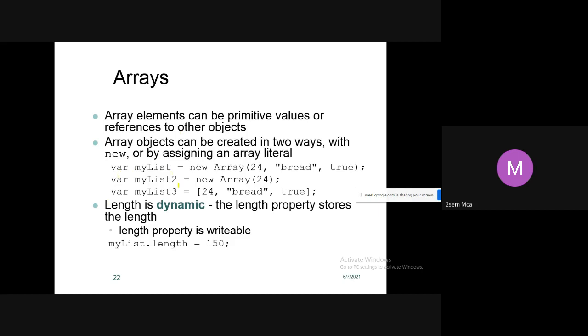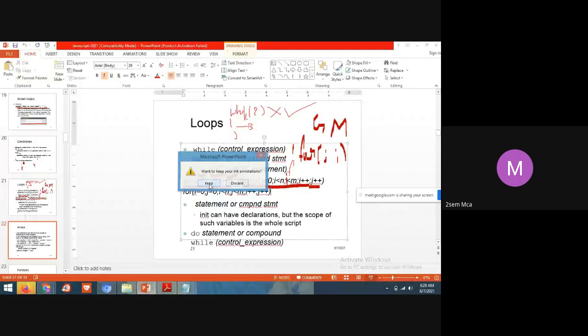And here is one more way, where my list 3 is equal to 24, bread, true. Here we are not using the new keyword, we are assigning these values to my list 3. The examples and the remaining things we'll see in detail in the next class, students. I'll stop here.